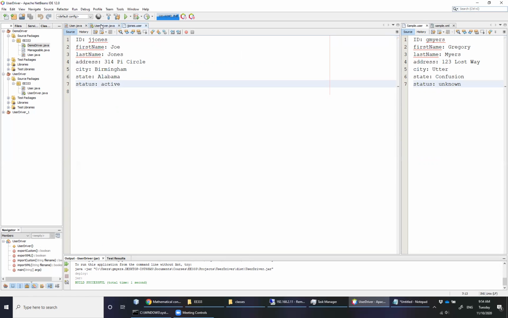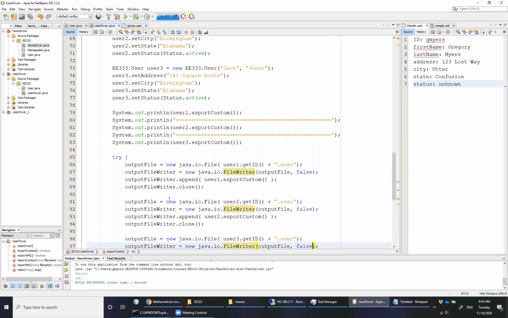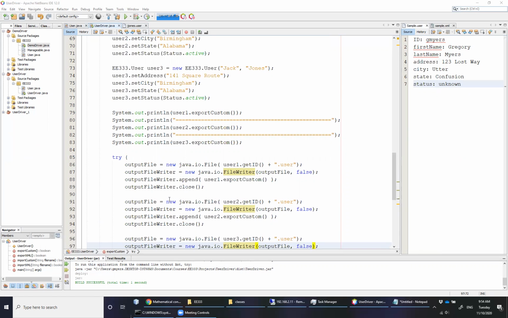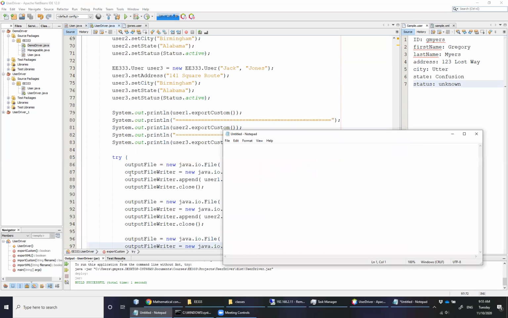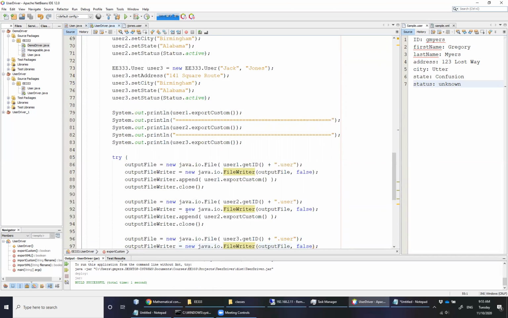Now, the last thing I want to do with this particular example is I want to go back to the user driver, and I want us to see how quickly we can leverage what we've done to test our export XML. So the first thing I want to do is I actually want to open up Notepad. I'm going to bring it over here so that you can see it. I'm going to take all of the contents of my export custom,